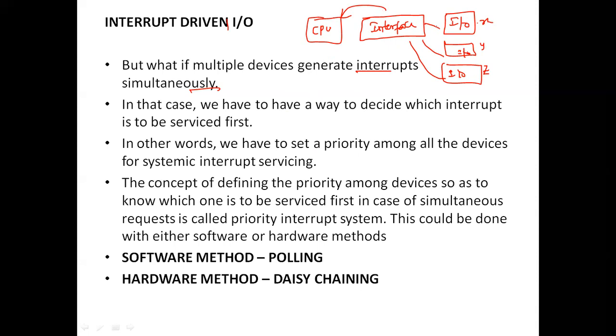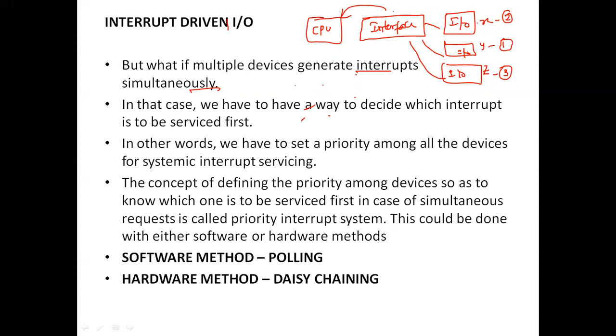In other words, we have to set the priority for the interrupts. Priority in the sense of which is most important. Suppose this Y task is most important, so we will allocate the first priority to this one, X is going to have second priority and Z is going to have third priority. If all the interrupts come simultaneously, we act according to the priority.